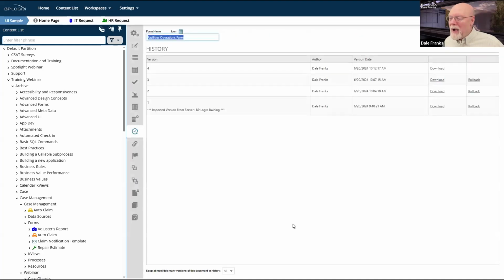There we go. I can go back and even though I last touched this on 6/20/2024, so a couple of months ago at this point, I still have my saved histories and I can still roll back to any of those saved histories that I need. So as I made changes and updates, it kept a running history. But again, remember down here at the very bottom, I'm probably only going to be able to go back 100 times. Now you would think that 100 previous versions would be plenty.